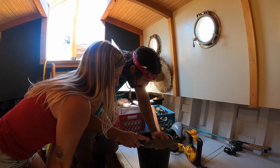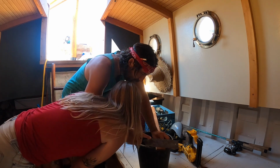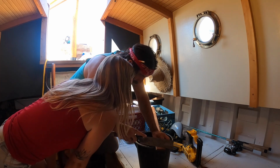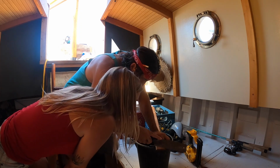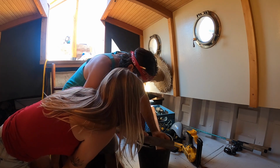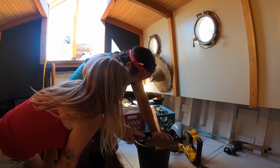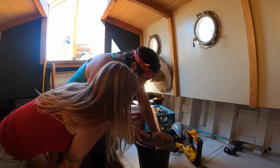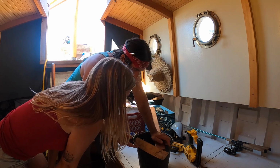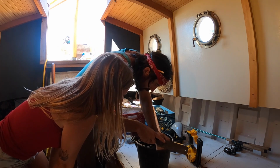All right. So just get it basically right above the pencil line. And then you're gonna push it, keeping really light tension. To start it, you're gonna push it until you get yourself a little groove, right? Once you got yourself a little groove right on top of that line, then you can start pulling, because it cuts on the pull. If you try to start it on the pull, I don't like to do that because it just kind of splinters. So start on the push, get yourself a groove, and then